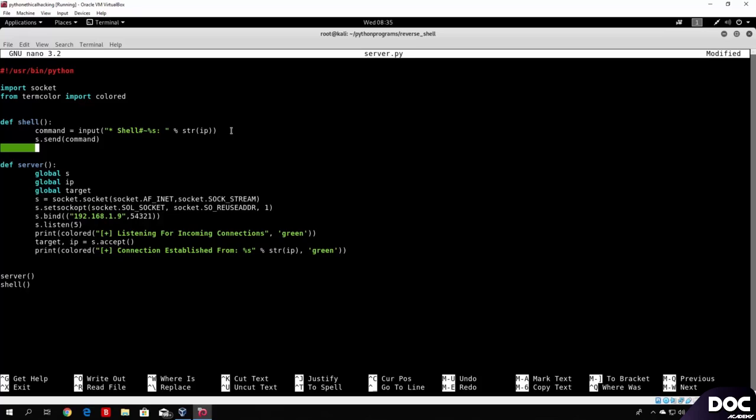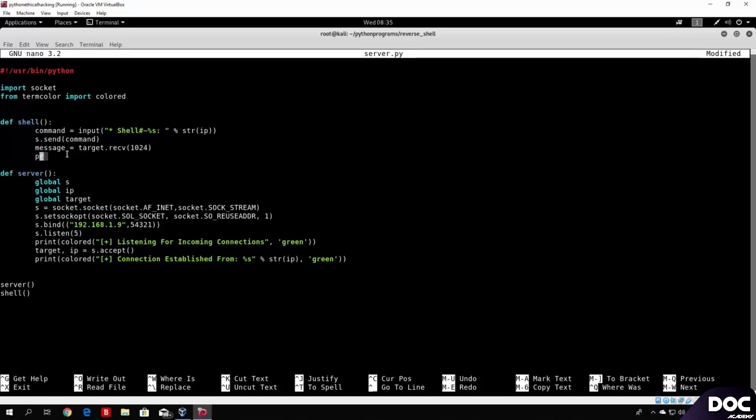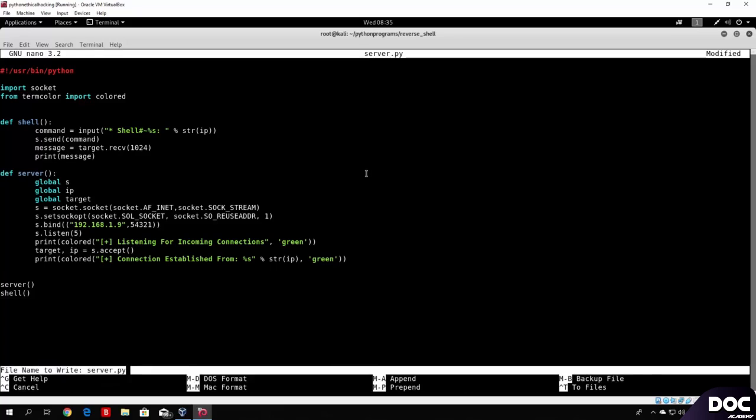And after we send this, what we want to do is receive some message from the actual target. So we can do something like this: message equals target.receive. The amount of bytes we want to receive would be 1024, just for this specific task. We will make some changes later on, but for now let's leave it like this. After that, let us print the actual message. So let me try this right now. If I save this,